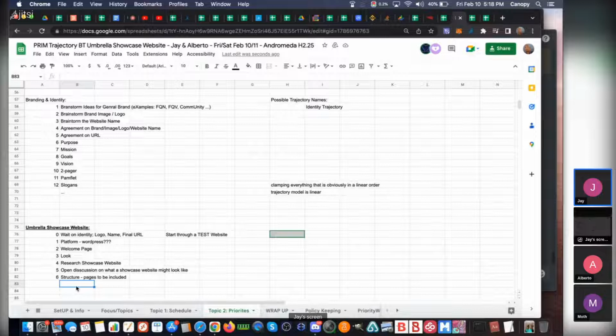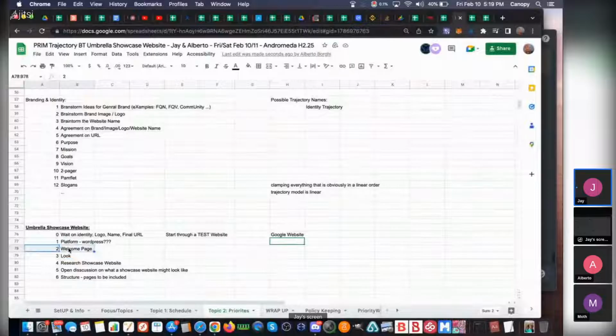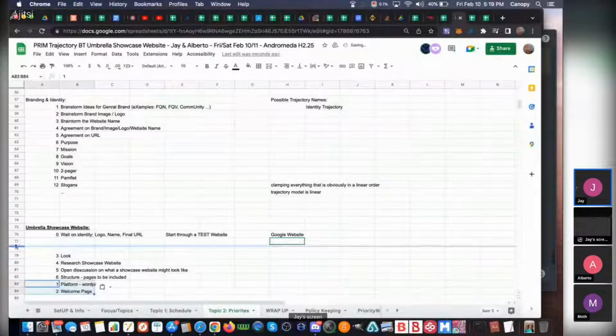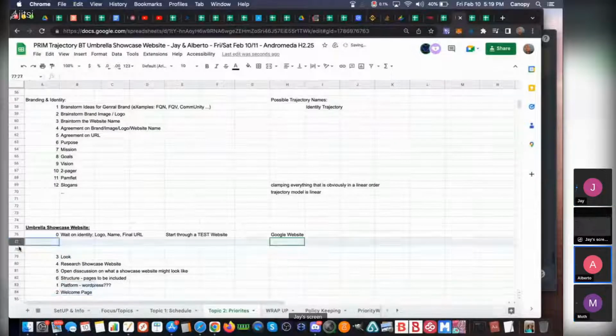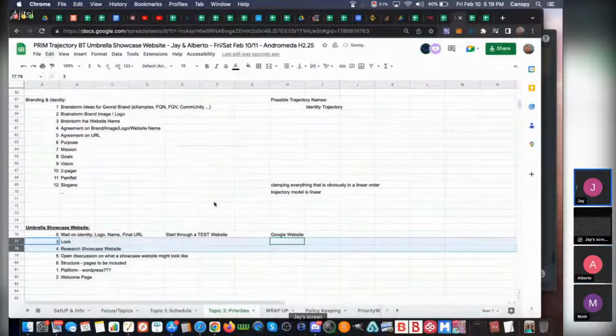I think that Google has their websites too. Like all of our token websites are all on Google. Anyways, when we get there, we can go over it. But I don't want to just assume automatically that we're going to do WordPress. Maybe we want to research showcase websites first, and talk about our look and everything before we go into the platform. Depending on what we want it to look like, we'll figure all that out.